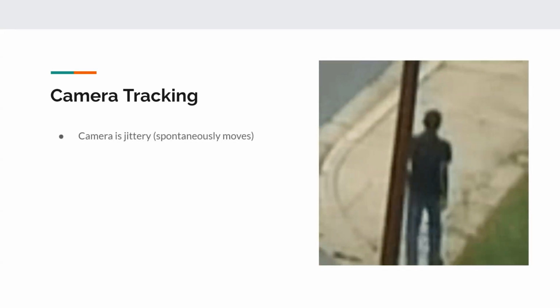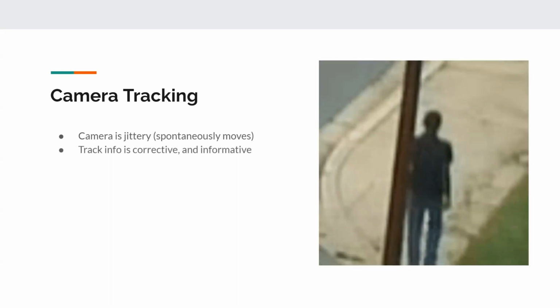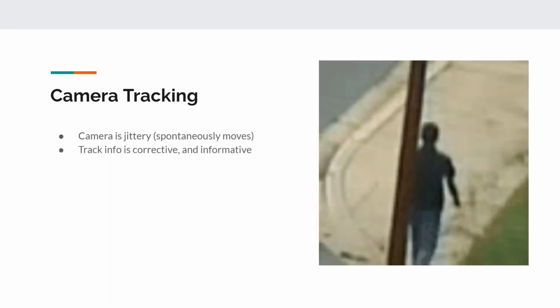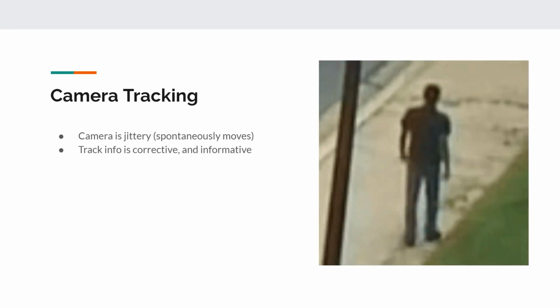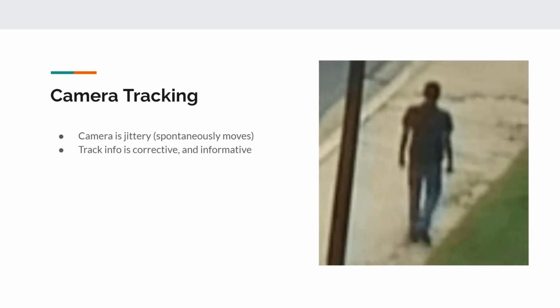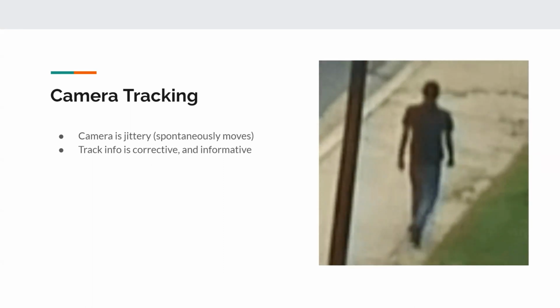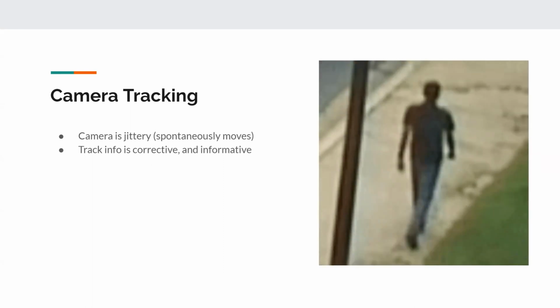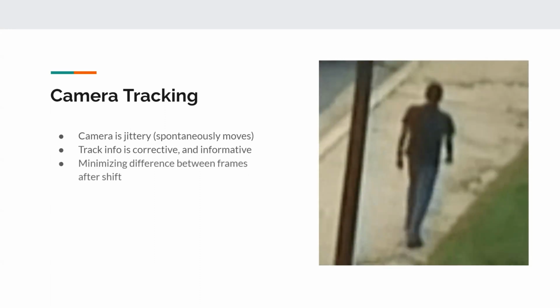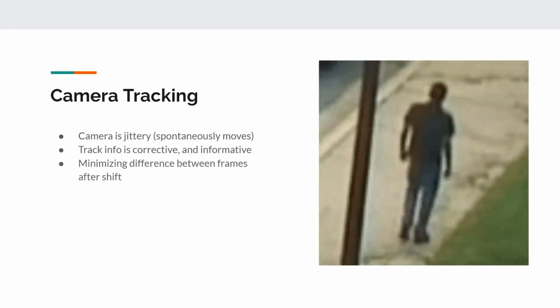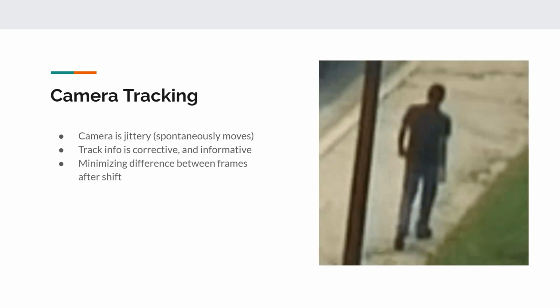The idea behind that is, once we get this information, it's both corrective, as if you think of this video in tubelets, those tubelets actually shear across the time dimension because they move. And this is also informative because it tells us the camera's moving, so it's likely more of a walking action or a vehicle action as opposed to a stationary action. We can get this information simply by minimizing the difference between shifted frames, and then so you have only